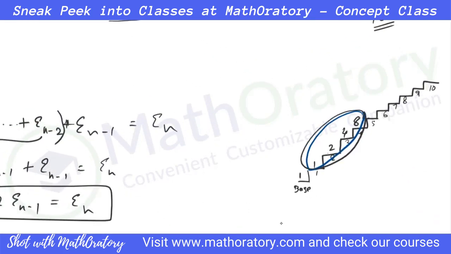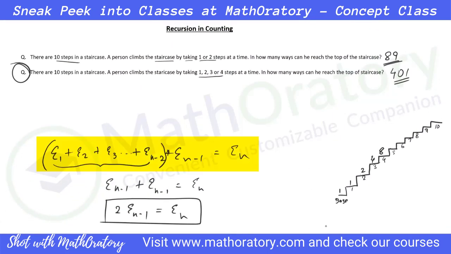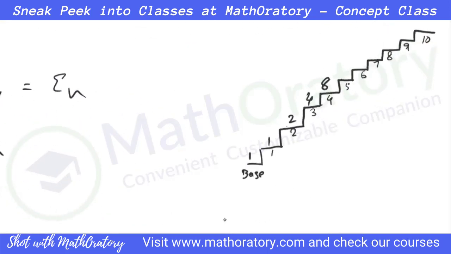The reason this block is doubling is simply because this particular term is the sum of all the previous terms. Whenever we have that idea, a particular term is the sum of all the previous terms, it will basically double. It will always keep on doubling. The first value could be anything. Even if this first value is 5, let's say, this will be 5. This will be 5 plus 5, 10. This will be 5 plus 5 plus 10, 20. This will be 5 plus 5 plus 10 plus 20, so that is 40.